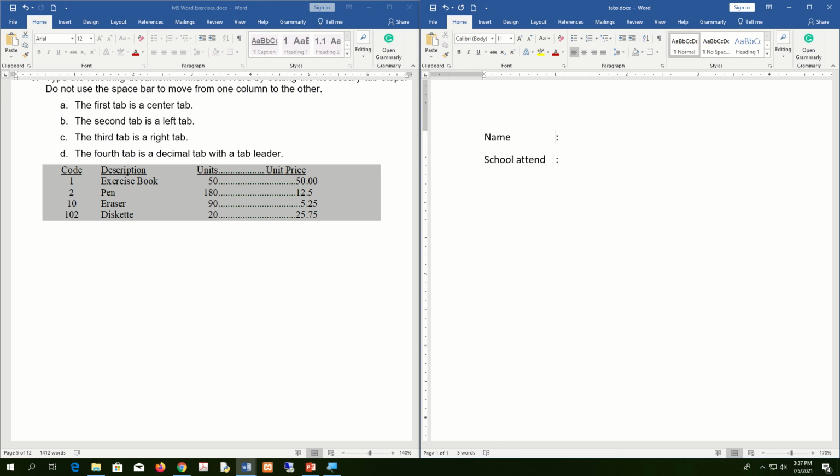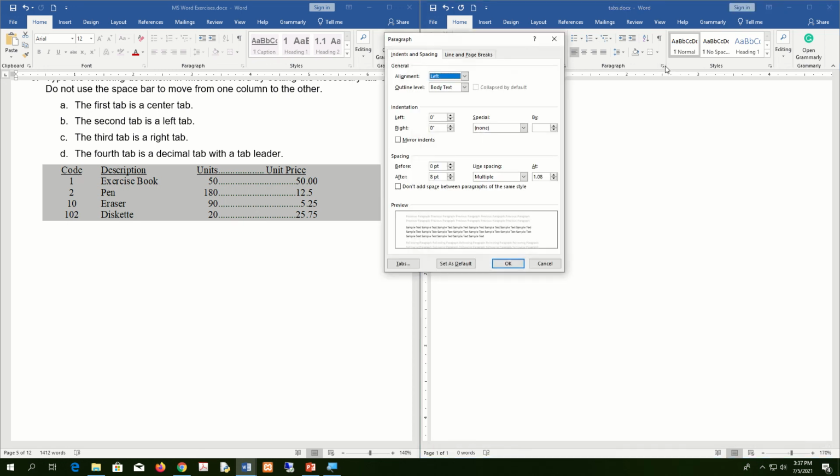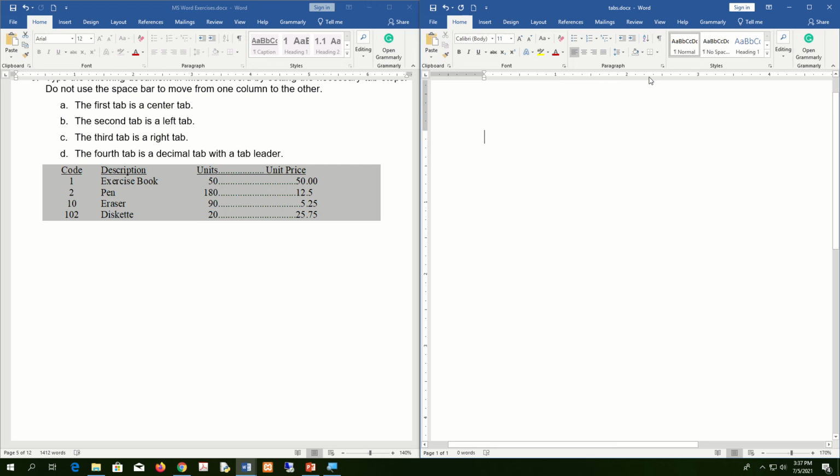If you want, you can change this tab stop position. That means from here I can go to, say, 1.5 or 2. Likewise, you can change the tab stop positions. So let's see how to do this. Assume now I want to do this particular example. So how to do this? Go to this paragraph